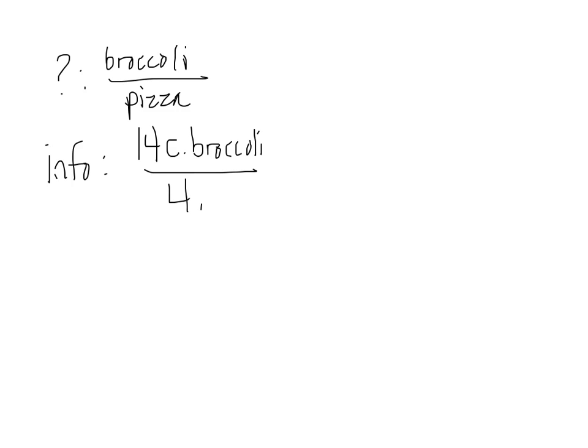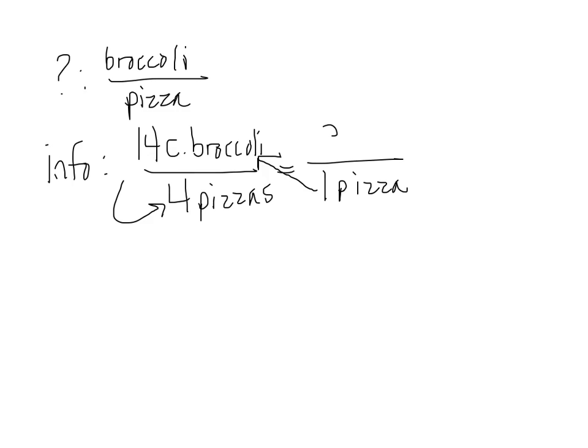To make 4 pizzas. We're going to create a unit rate, so I know that my second term needs to be 1 pizza. We're going to figure out how much broccoli he needs. So we're going to go 1 times 14, and then do what with 4? So we're going to go 14 divided by 4 equals 3.5 cups of